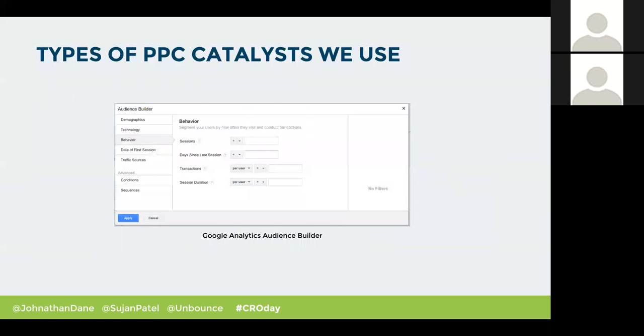There we go. Another thing to consider is that within Google Analytics, you have an audience builder. And it's very important that you don't cookie everybody who goes to your site. Even if people randomly show up there, a lot of people bounce right away because they're not in the right place. That's a problem when you actually want to retarget them, because depending on the network your ad shows up on, and by ad I mean your boosted post,